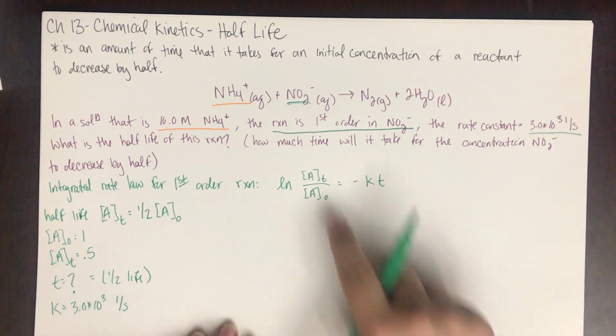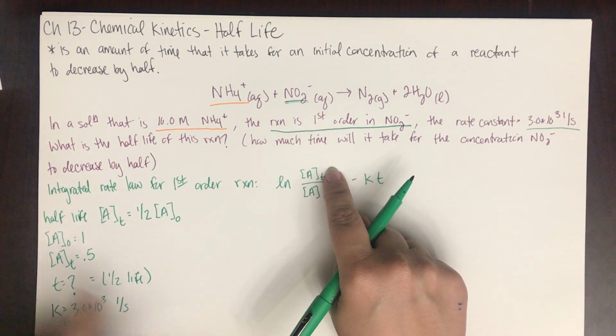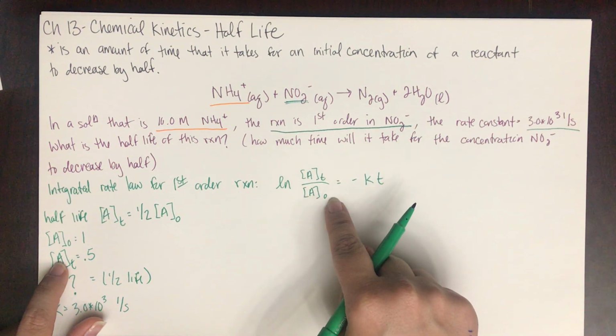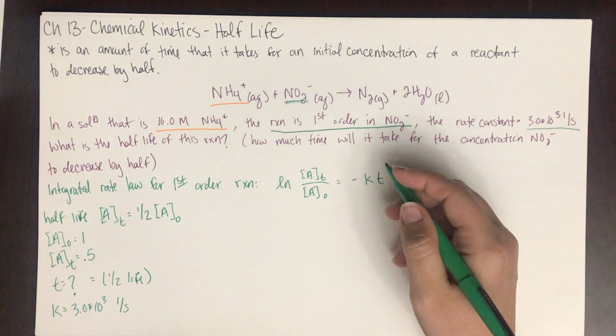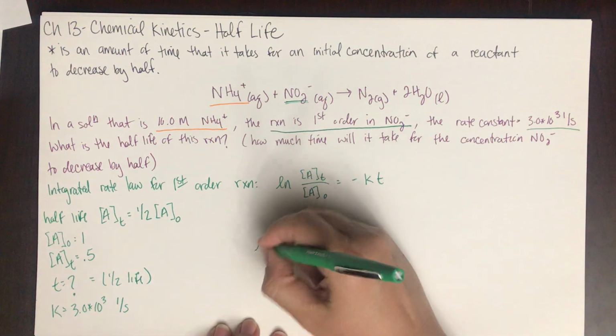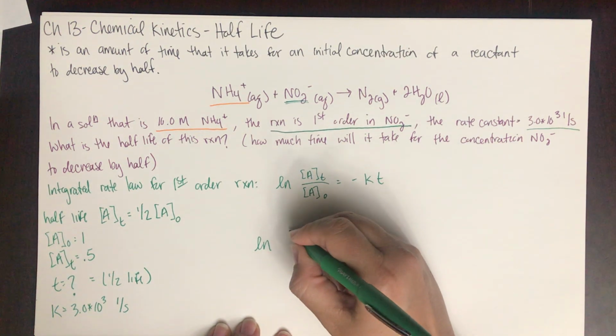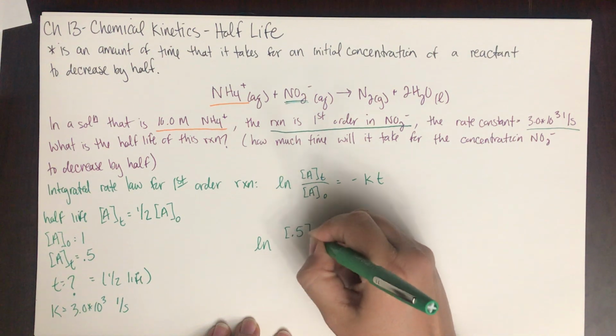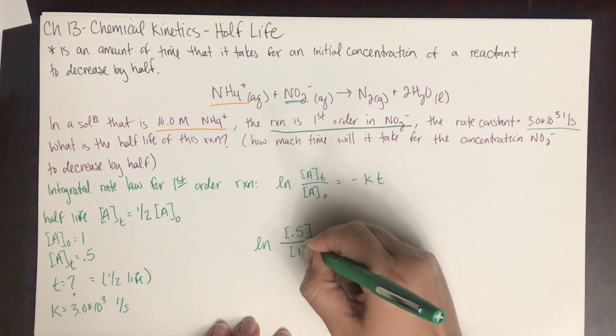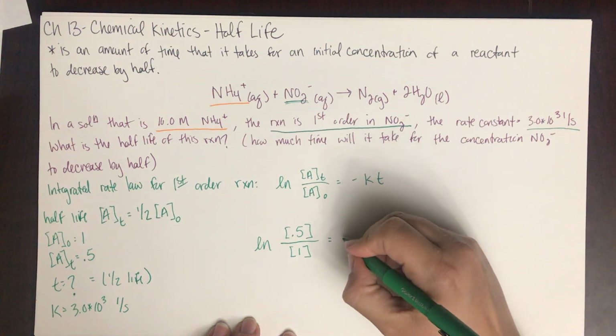And then k was given to us in the problem as 3.0 times 10 to the negative third, 1 over seconds. So let's write that out. And then I'm going to put in here, the concentration at time t is 0.5, this is 1. So I'm going to take the natural log of 1, but I'll write it all out for us. Natural log of 0.5